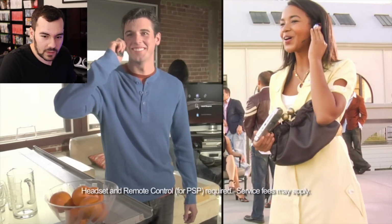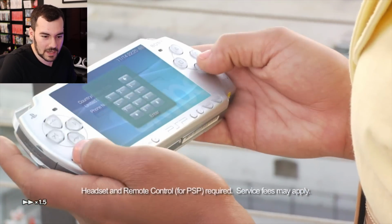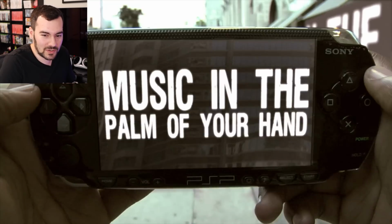Oh, look at the keyframing on that TV in the back where they imposed an XMB over that. Oh, it's so jittery. It looks so bad. It's blending into the next thing. Who am I to say? I wouldn't be able to edit that much better. But, yeah, everyone hanging out around the PlayStation 3, having a good time, music in the palm of your...